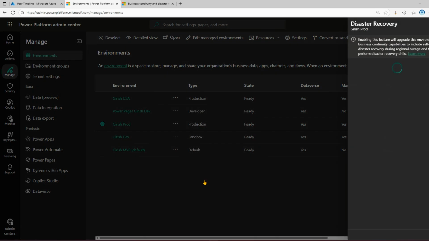you go plan. So if I click on disaster recovery, it says enabling this feature will upgrade this environment's business continuity capability to include self-serve disaster recovery during regional outage and to perform disaster recovery drills. So a pay as you go billing plan is required. Now I haven't configured it over here. Once I have the pay as you go billing plan configured, then I can turn on the disaster recovery, and then the disaster recovery process will kick in, and then it will start replicating the content in a different specific